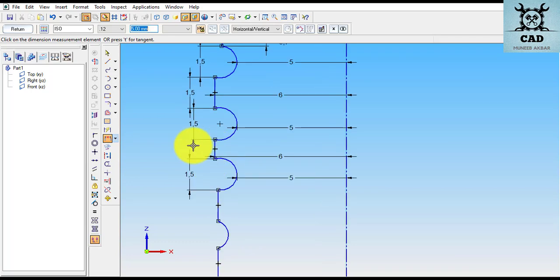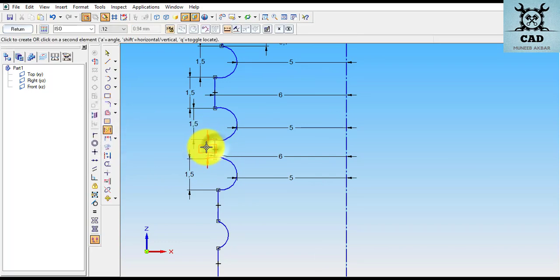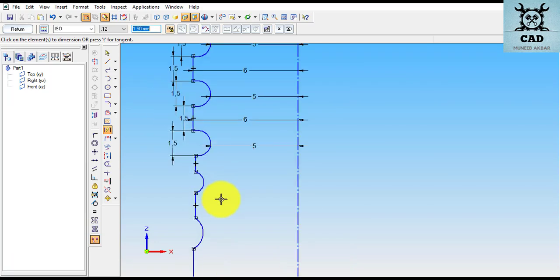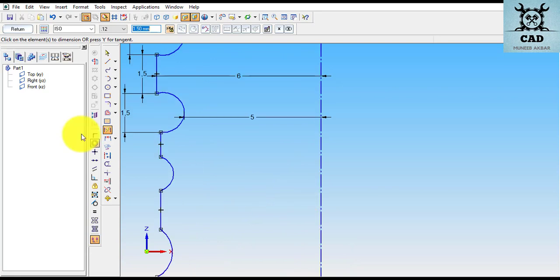So we skip this. Let's give it dimension. This should be 1.5. Now again we are here. This should be 1.5,